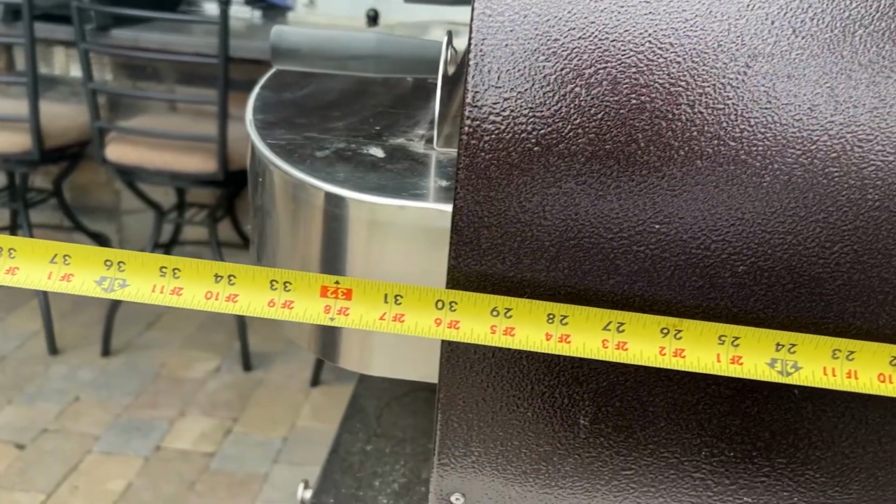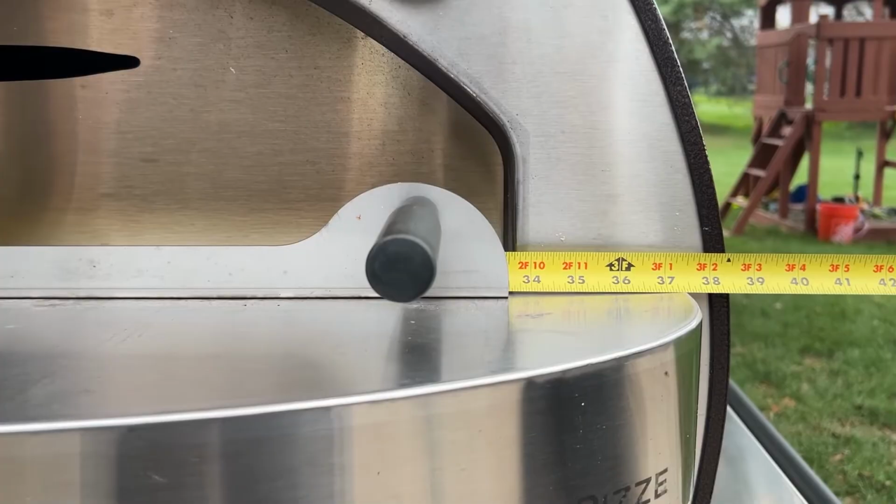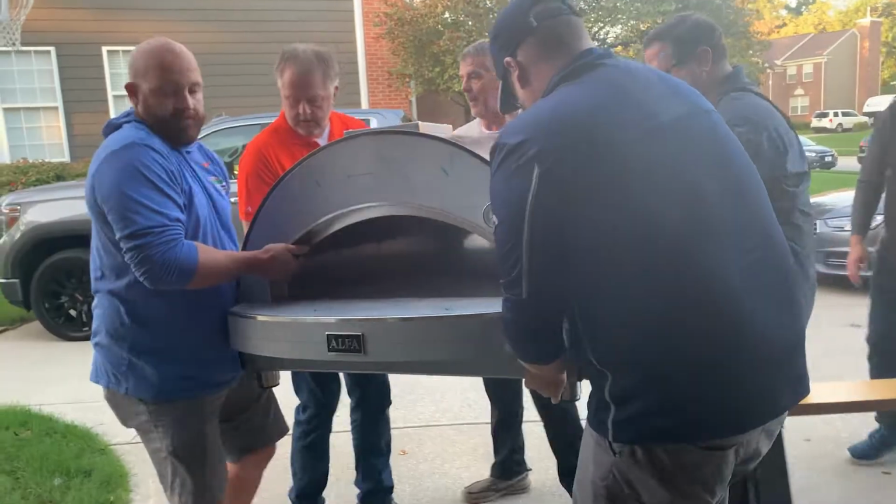So let's start with the specifications on this unit. The assembled dimensions of this oven is a depth of 38 inches, a width of 38.5 inches, and a height of 26.5 inches without the exhaust stack. With the exhaust stack, the height of the unit is 47.5 inches. Now the oven weighs 264 pounds without the base, and you can feel every pound of that when you go